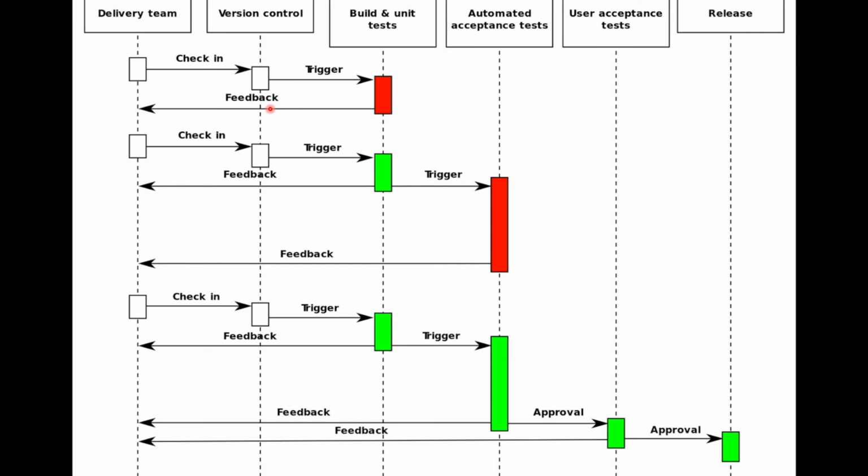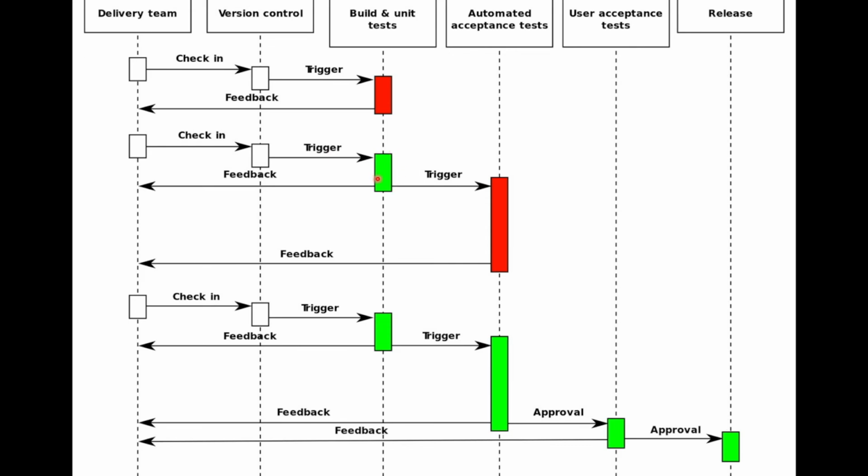And so your goal is to get your code committed, and you're very aware of the state of the pipeline and whether or not your build is progressing through it. So if there's some problem with your code, you want to get feedback as quickly as possible so that you can make the necessary changes to your code and then push up another change. So this developer got feedback, they pushed in another change, and in this case, it did pass the build and